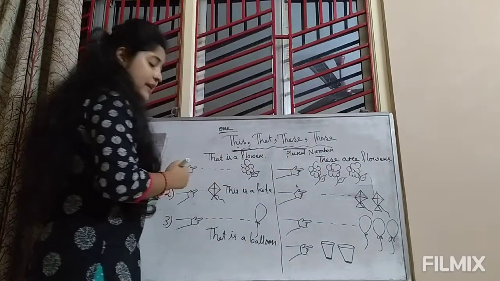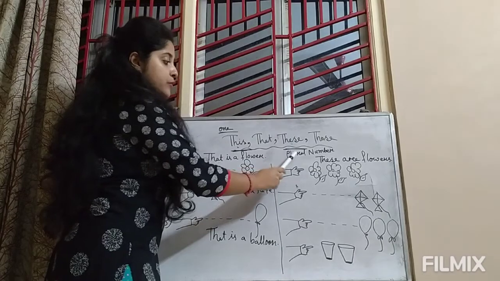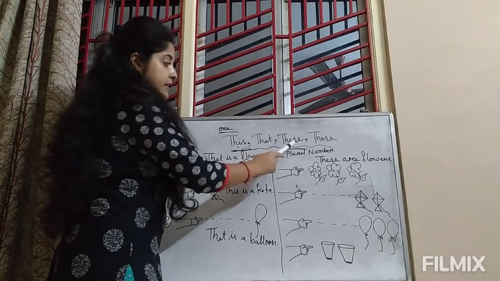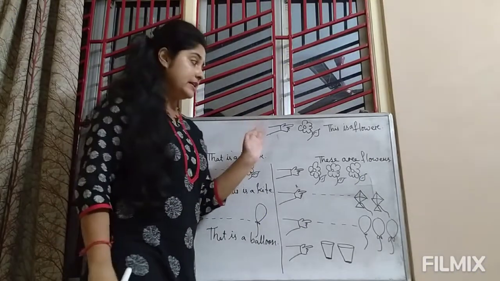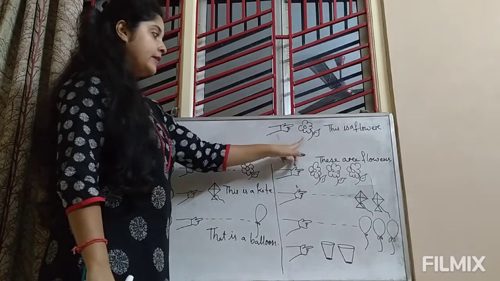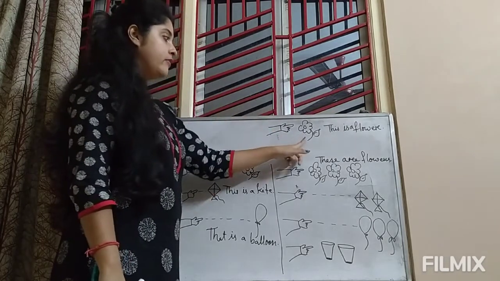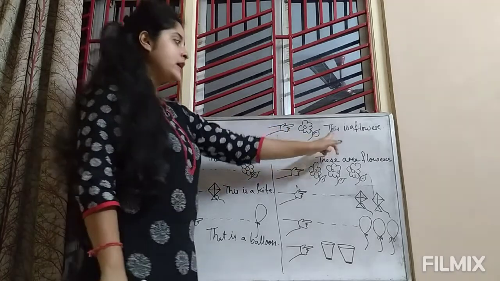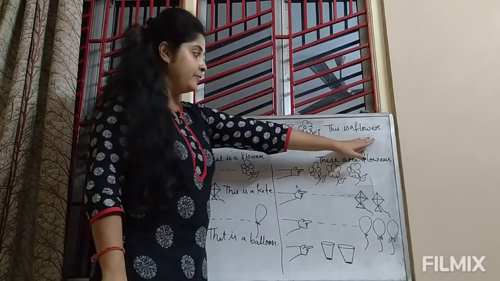Understand? What have I said? I have said that these is the plural form of this. This means one, and these means more than one. Now look at the pictures again. I hope you will understand it better. Look at this hand and this flower. There is only one flower, and this flower is near to this hand, right? That's why I have written, this is a flower, as I have said earlier.